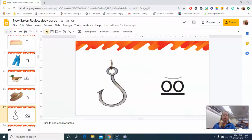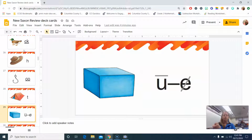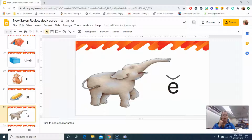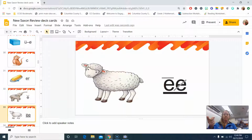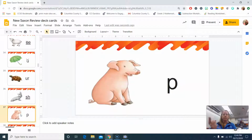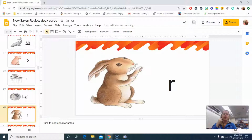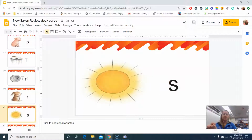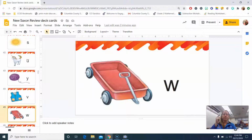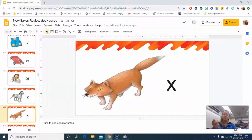Hat, hook, tent, t, cube, u, cat, k, butter, elephant, sheep, e, umbrella, turtle, shark, sh, pig, p, icicle, i, dime, i, rabbit, sun, s, unicorn, u, yarn, y, vest, v, wagon, w, doctor, zebra, z, ox, x,